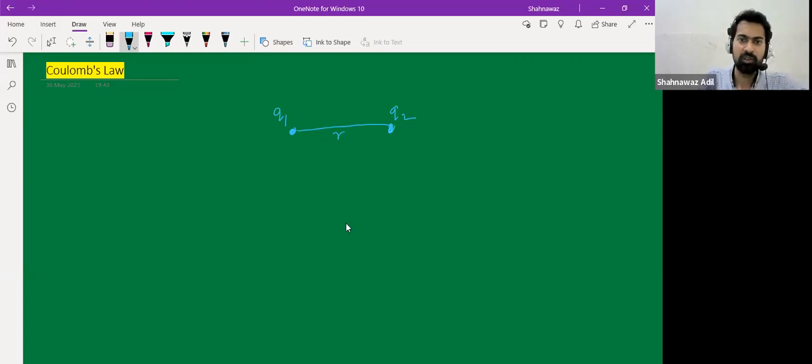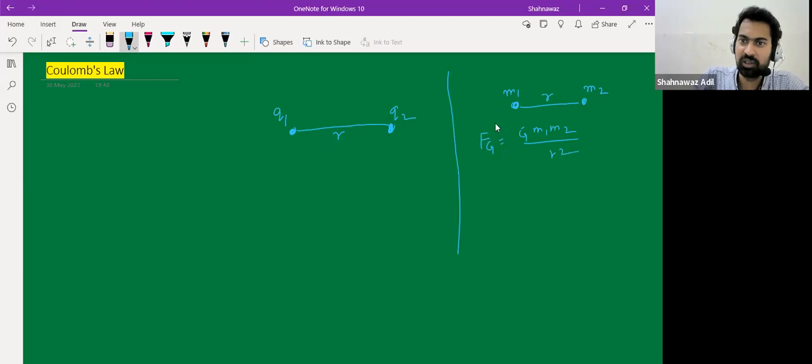You know Newton's law of gravitation, right? If you have two masses with some separation, the gravitational force would be G m1 m2 divided by r square. Similar to this,